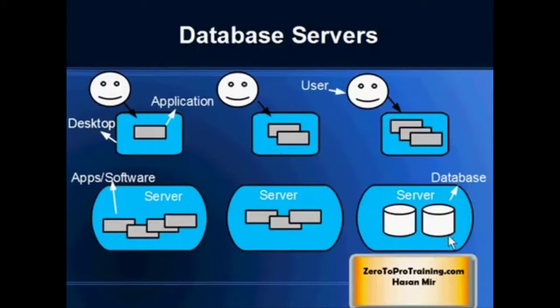It would be very normal for a company to have one or more servers that are running databases. Databases are a special software that manages data. In fact, some of the other software running on other servers would be interacting with the database server to either retrieve data, insert newly entered data into the database, or update existing data. So all the database related activities would be happening in a database server. A database server is usually the same kind of machine as the other servers, but it would have a database installed on it.